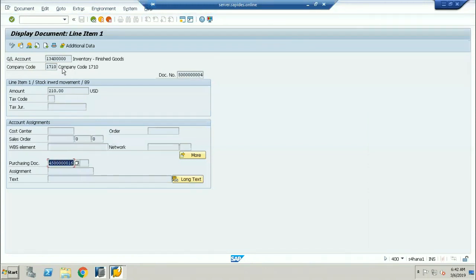When you see this particular line item 13400, this is the purchase order document. If I double click on the purchase order document number, it will take me to the purchase order, that is the ME23N screen.